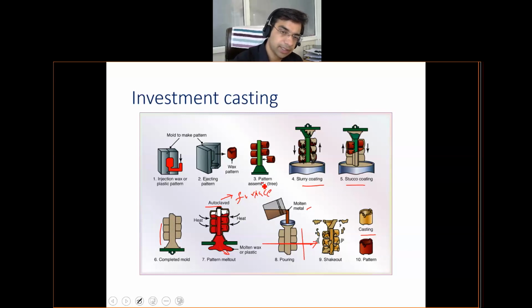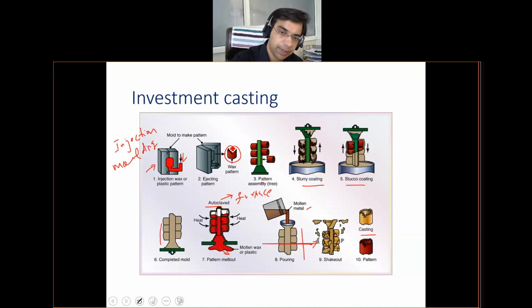So here I have discussed in the previous slide regarding the rapid prototyping, and these patterns can also be made by injection molding. So you see here, this is the injection molding process where you have a die. So this is a metallic die which is made up of say tool steel, and this die has a cavity, and in this die basically you insert the wax here, and then you allow it to solidify, and then this is how you obtain the wax pattern using injection molding process.